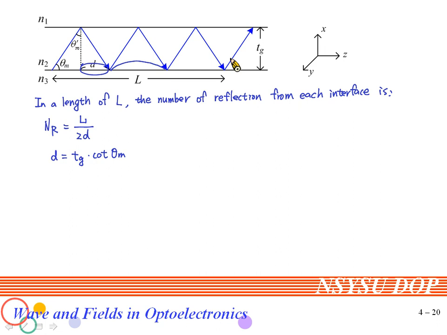Okay, so take this value into here. The N sub R can be written as L divided by 2Tg times cotangent theta m. As we have known, the N sub R can be expressed in this way. So for higher order waveguide modes,